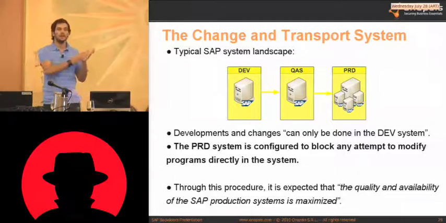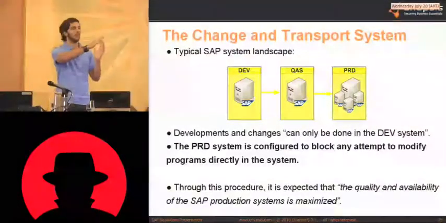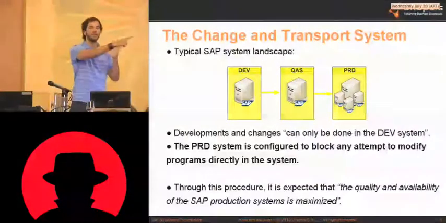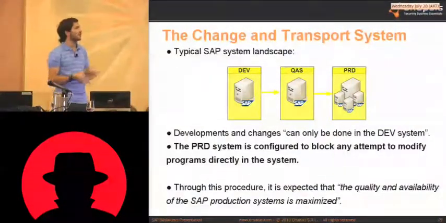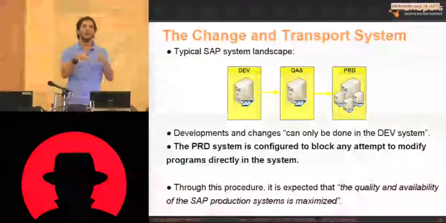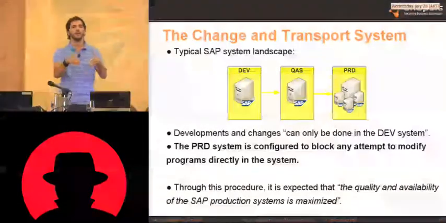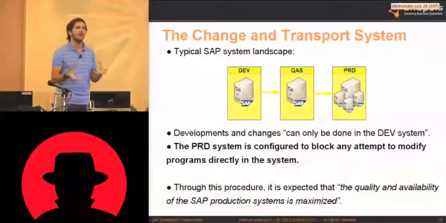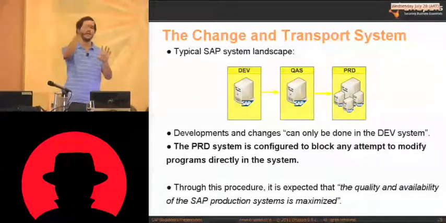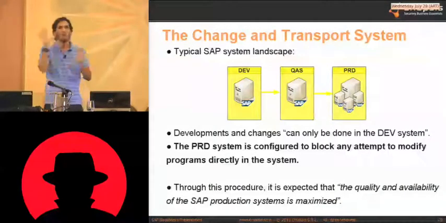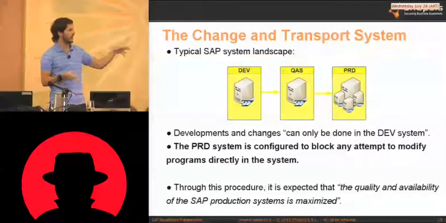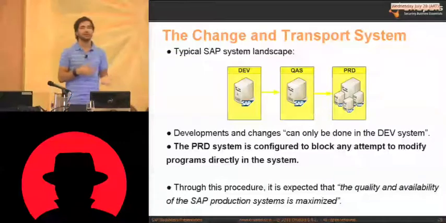Develop something in the development system, transport it to the quality assurance system. It is going to be tested there, and then it's transported to the production system. The production system is configured to block any attempt to modify or create a new program directly in that system. Every change to be done in the production system must have followed all these steps and this transport workflow. Through this procedure, it's expected that the quality and availability of the SAP production system is